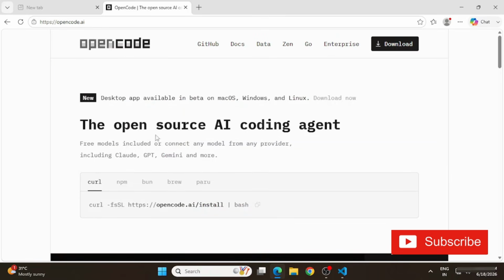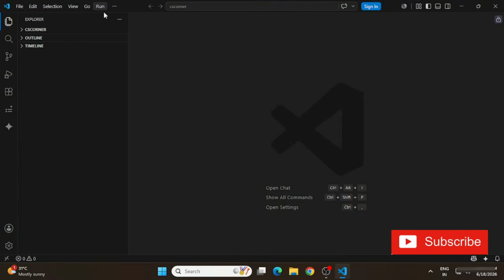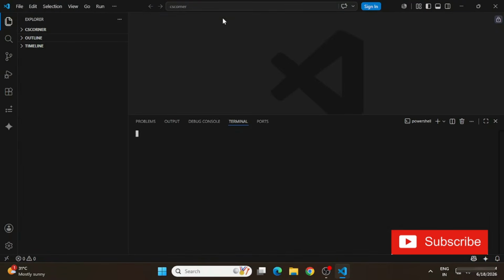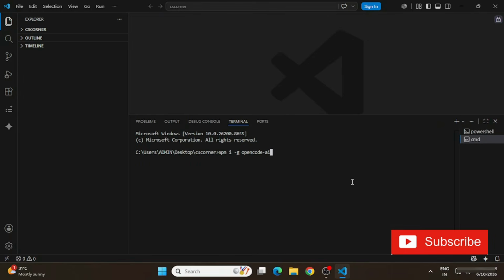It will redirect me to the OpenCode website, and here I'm going to copy this npm command. I'm going back to my VS Code, and here I'm taking the new terminal option, and instead of PowerShell I will be taking Command Prompt, and I'm simply pasting this, and you can see the OpenCode CLI has been installed.